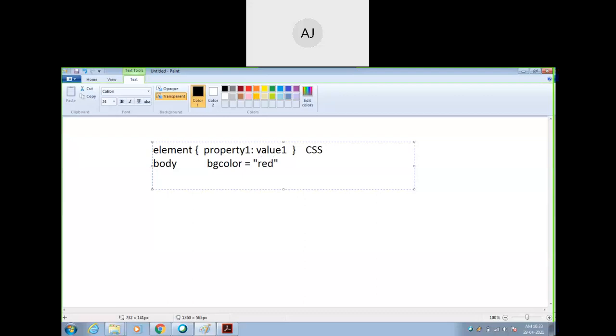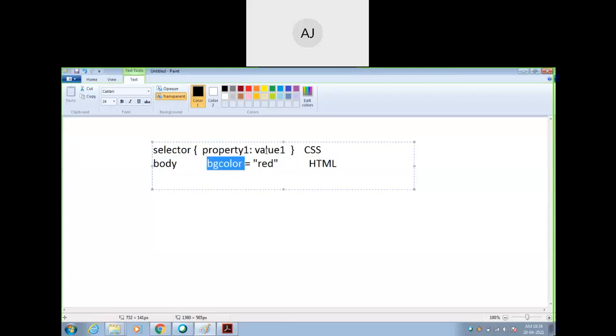So this is your HTML code. Understood, guys? This is very similar to each other. Whatever the element, or sorry, this is a selector, not element. In CSS we call it a selector, in HTML we call it an element. Then property we call an attribute or property.